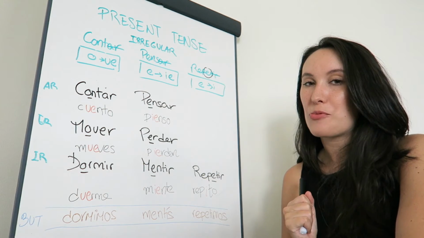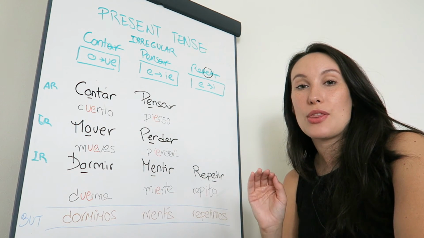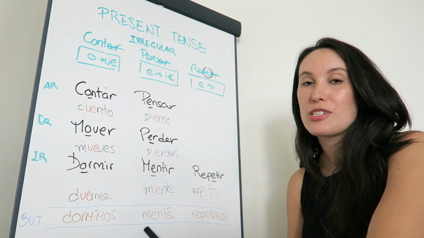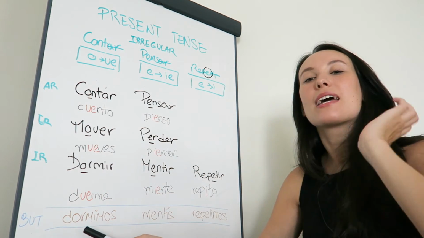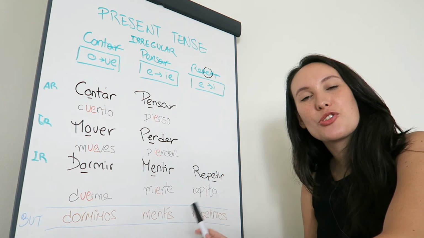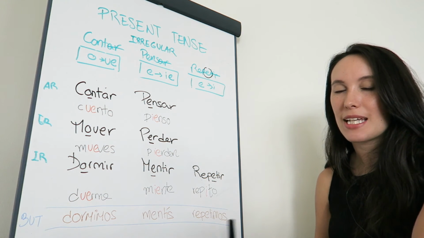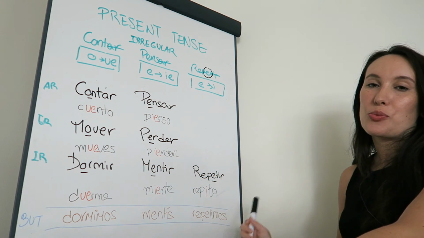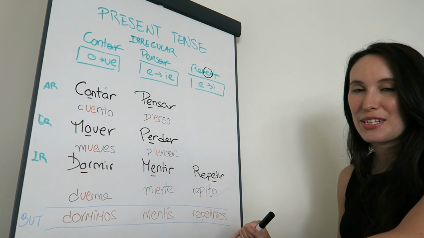You just need to know one more thing, which is when we do you guys or we, there is no irregularity anymore with we and you guys. For example, I have here dormimos. Dormimos is we sleep. I'm keeping that O from the infinitive, from dormir. I'm not saying duermimos, I'm saying dormimos. Then I have mentís, which is you guys lie. I'm also keeping that E from the infinitive. I'm not saying mientís, I'm saying mentís. And the same will happen with we, mentimos. And repetimos is we repeat. I'm also keeping the two E's, the way they were in the infinitive. I'm not saying